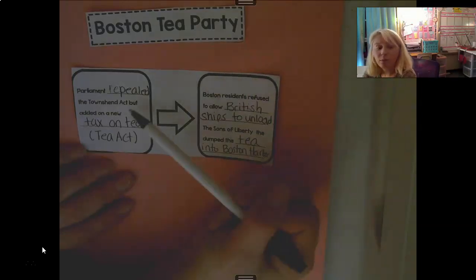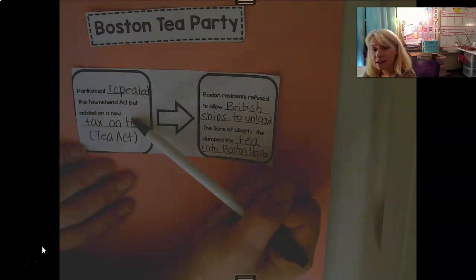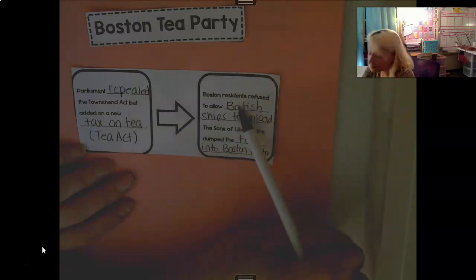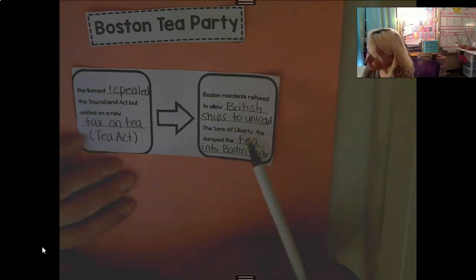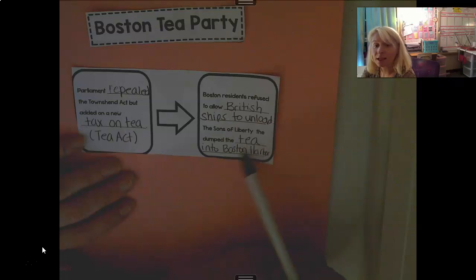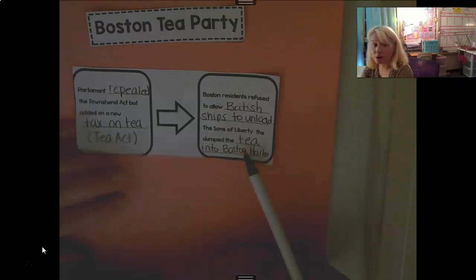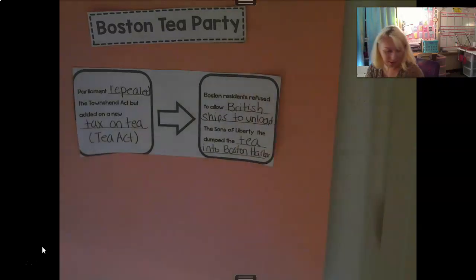So, because of the tax on tea, the Boston residents would not allow the ships to be unloaded. The tea could not come off the ships. Then the Sons of Liberty went onto the ships and took the tea and dumped them into the Boston harbor. And that's called the Boston Tea Party.